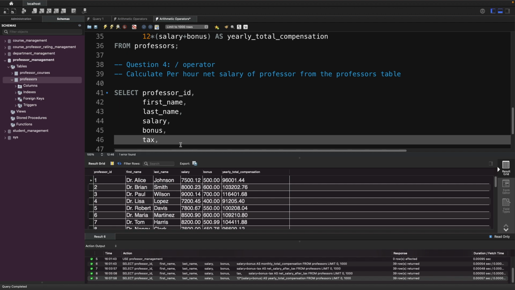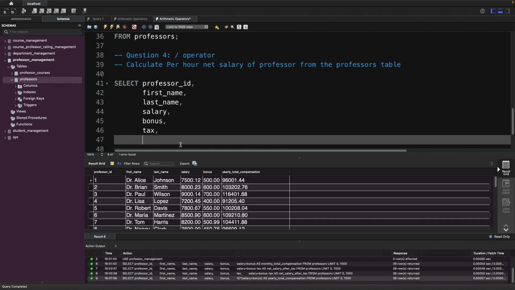If you remember the formula, how we're going to calculate the per hour net salary is basically you say salary, then you add bonus, then you subtract the tax, and after that you divide this by